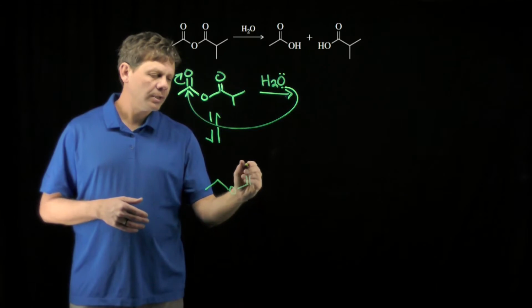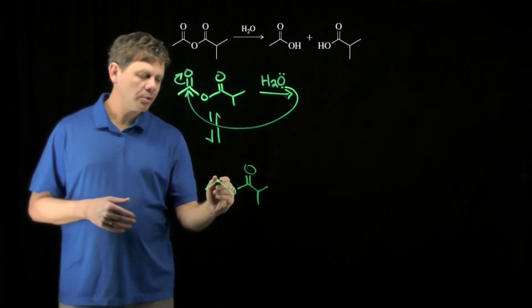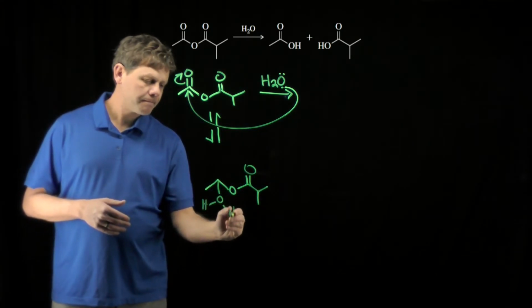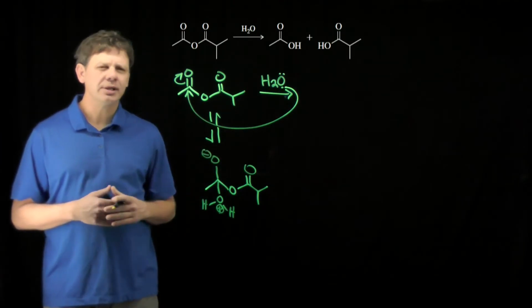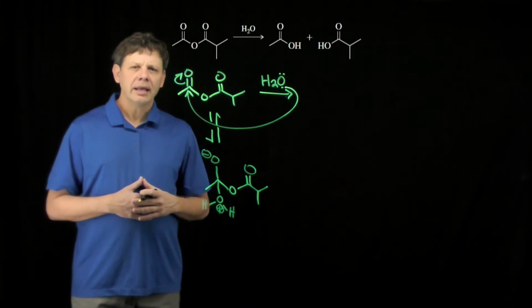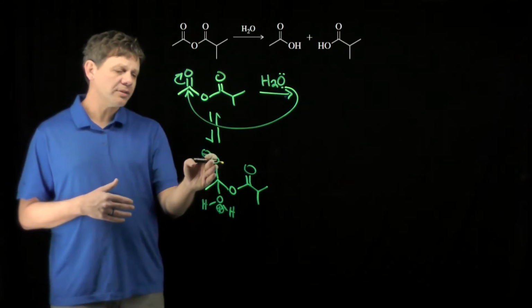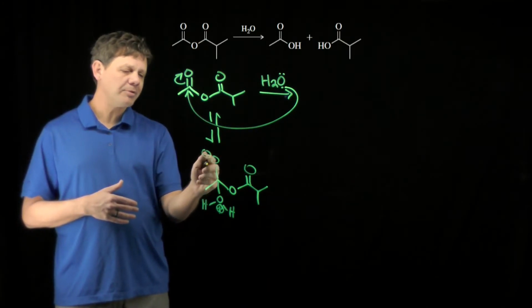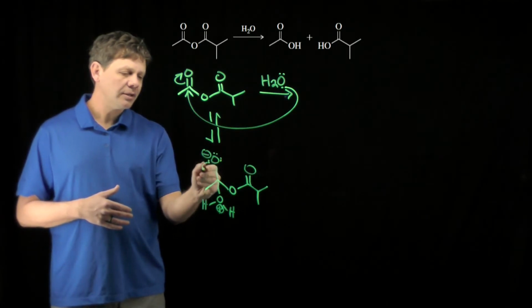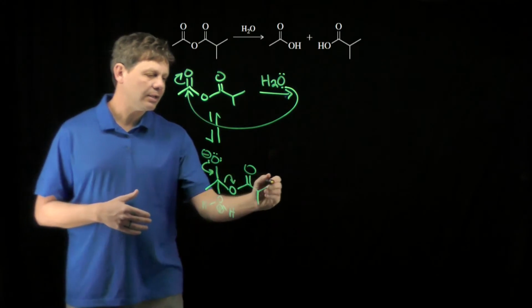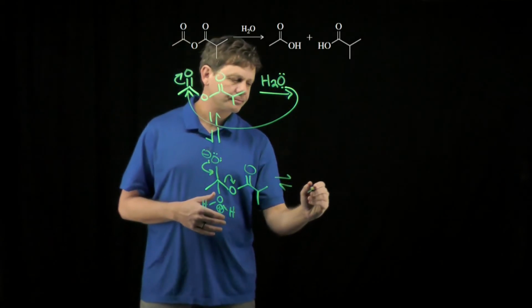When it attacks, though, it's going to bring along its proton and produce this as our tetrahedral intermediate. Now at this point, we can go ahead and show that this tetrahedral intermediate can collapse back down to kick out the good leaving group, in this case the acetate, still showing it as an equilibrium reaction,